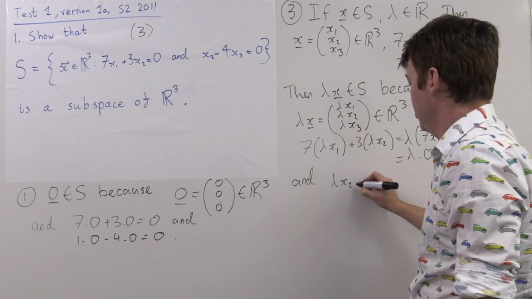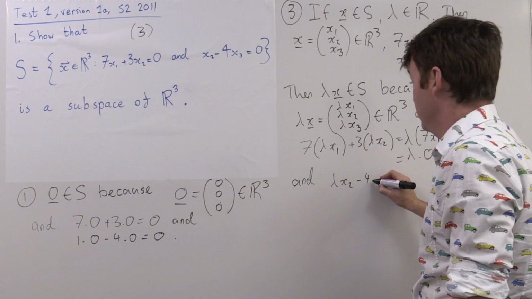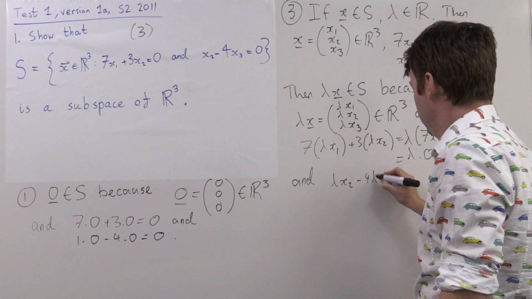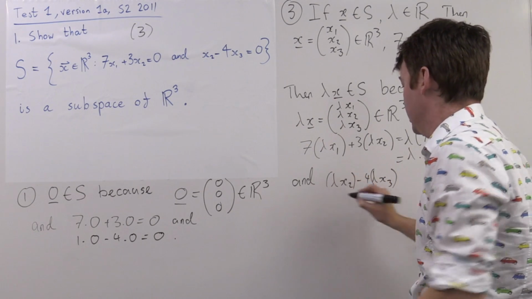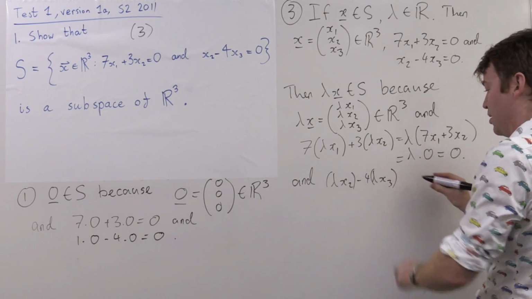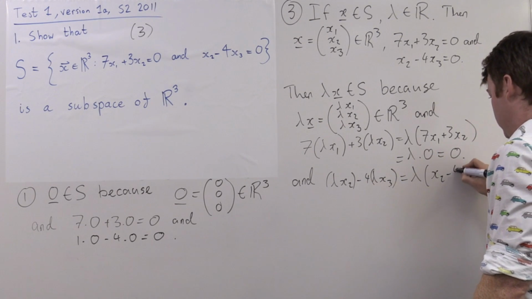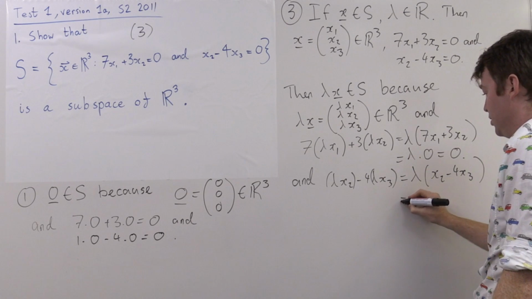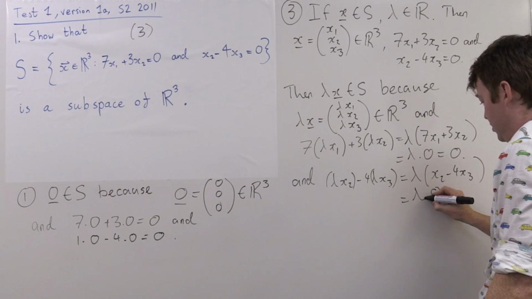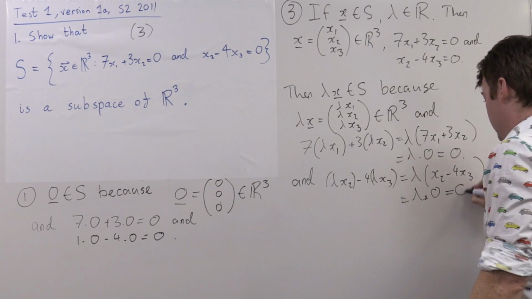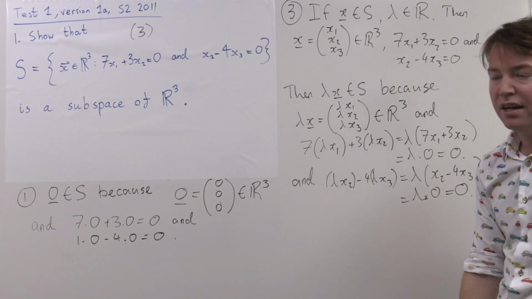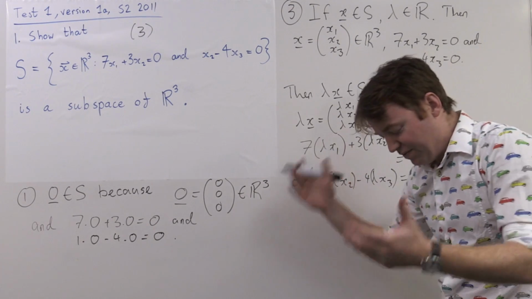Lambda x2, so my second component minus 4 times my third component is just lambda, which is lambda times 0, which is again equal to 0. So we proved